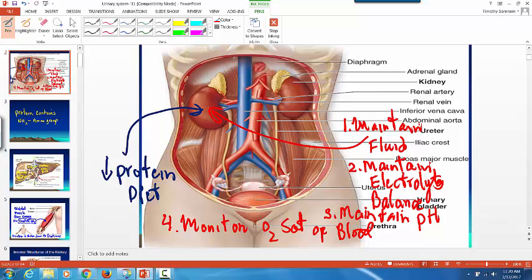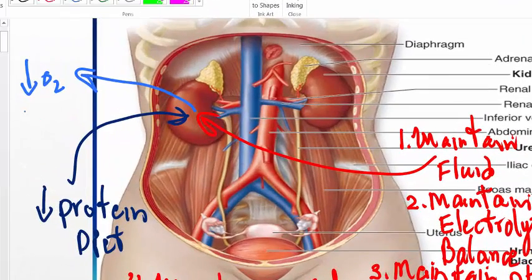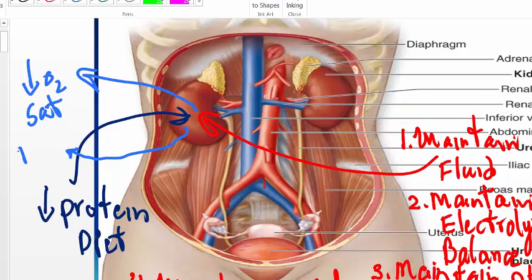So it measures how much oxygen is bound to hemoglobin, the little red blood cell carrier. Now, if the kidneys note that there's a drop in oxygen saturation, the amount of oxygen in the arterial blood is dropping, then the kidneys will release a hormone into the blood called